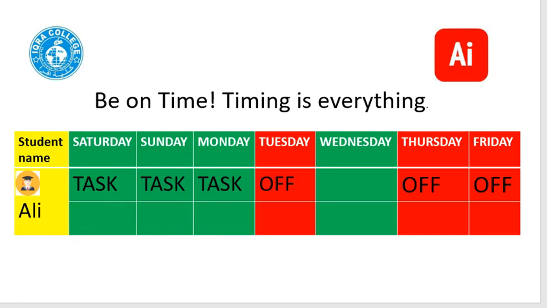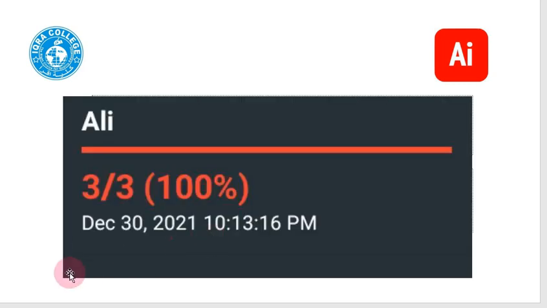At the end of that day, Ali will get a picture in the group that looks like this. It says 3 out of 3. This is telling him that he did all 3 tasks in a row, and he's just missing the learner call. That's it, and he's ready to go to the next level, if he fulfills all of the other requirements.